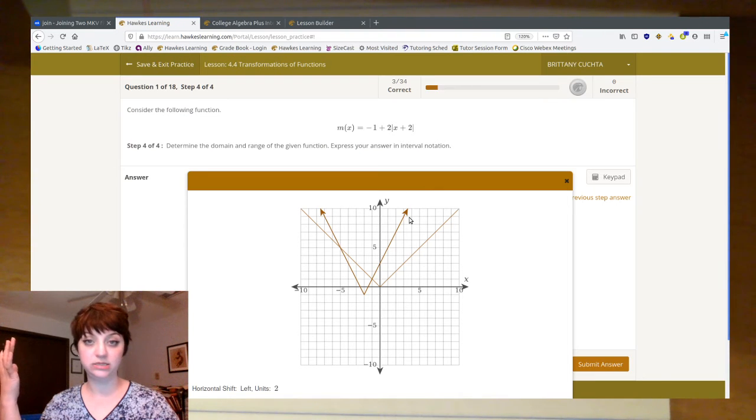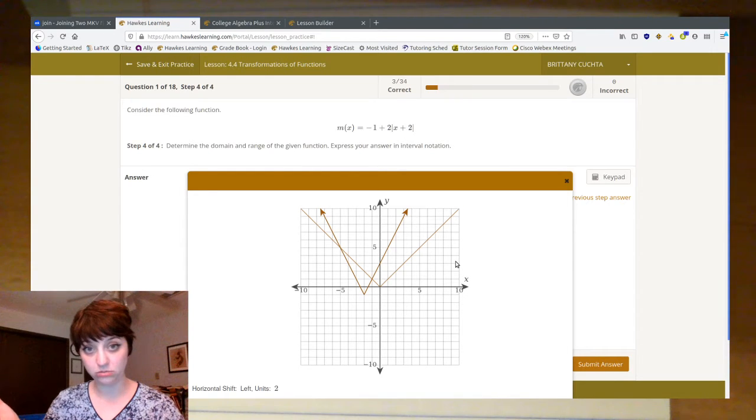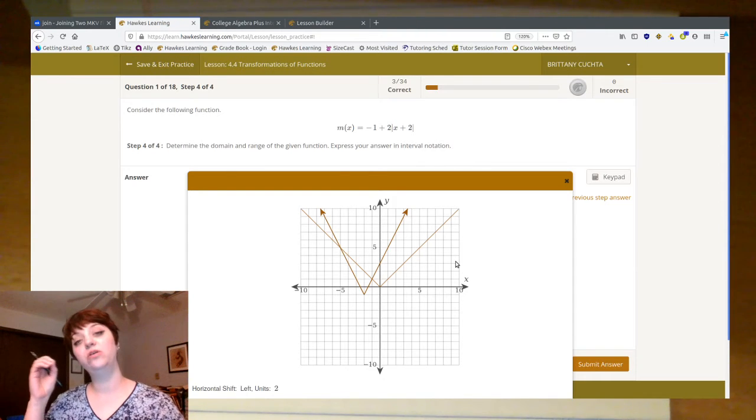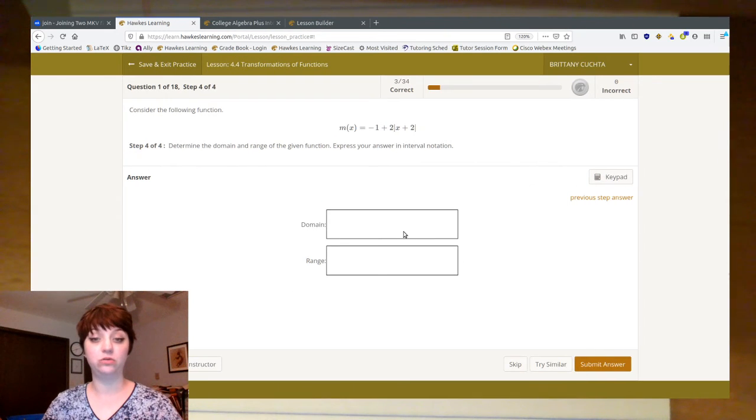Domain is the X's, range is the Y's. So as I travel left to right, which X values are taken in? Or, back in 4.1 we did implied domain: are there any square roots, and are there any denominators that could be 0? No, for either of those. So the domain of the absolute value is all reals,